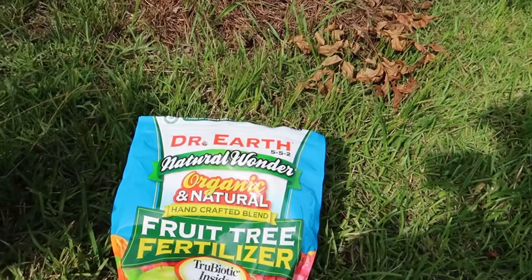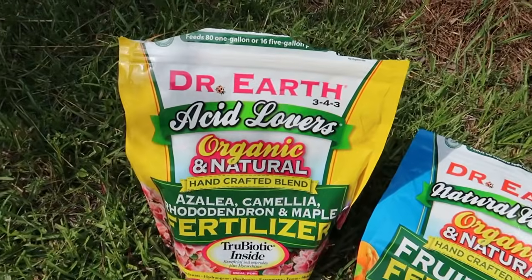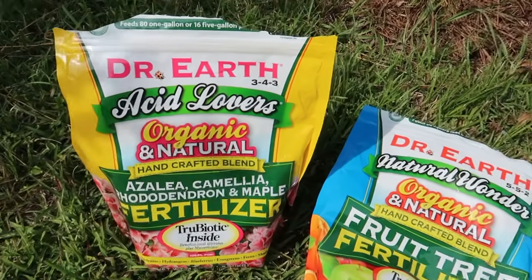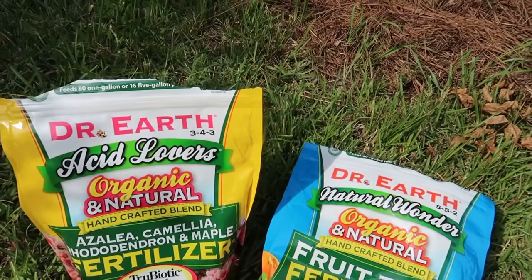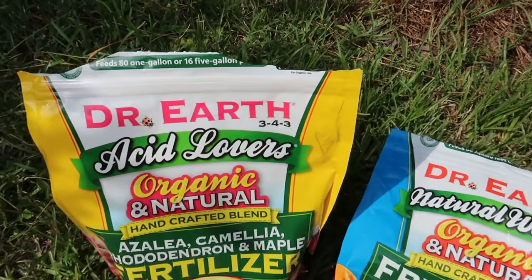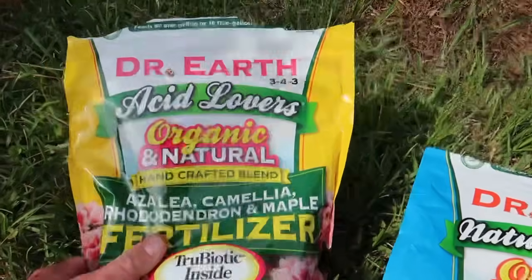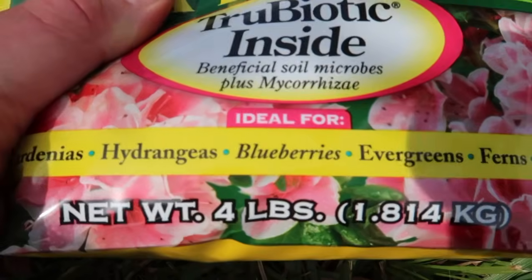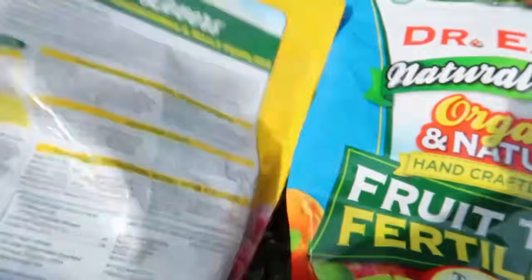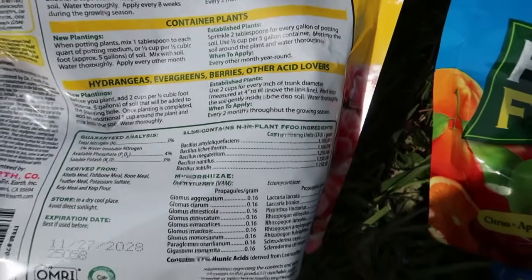But that is not what I put around my blueberries. I use this for my blueberries, and you can see that it's for azaleas and camellias and rhododendrons, but those are all acid loving plants, and you can see it's an even weaker mix, 3-4-3 NPK. But you can also see that we know what loves acidic soil, and that's blueberries. So this is what I put around it, and it's going to be kind of hard for you to read,